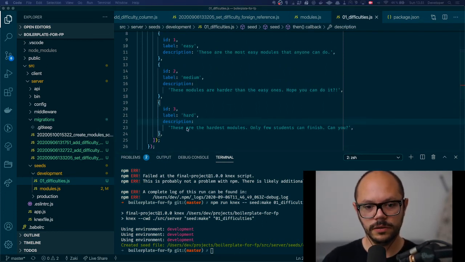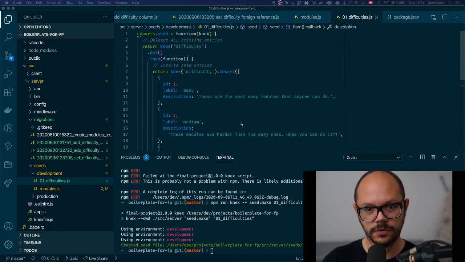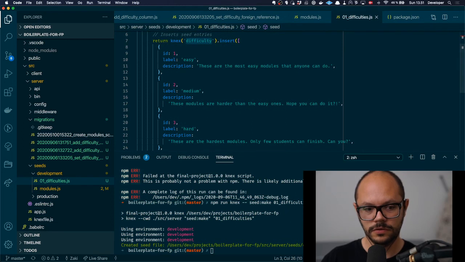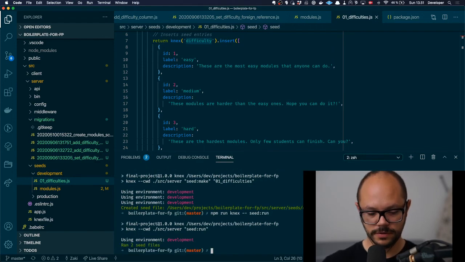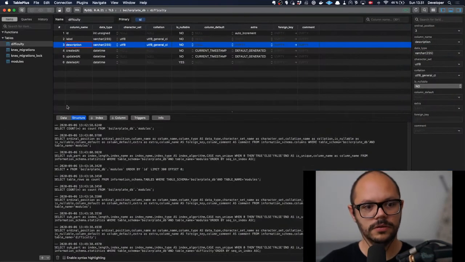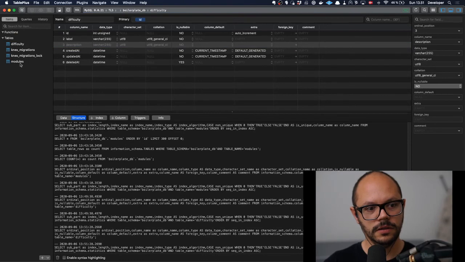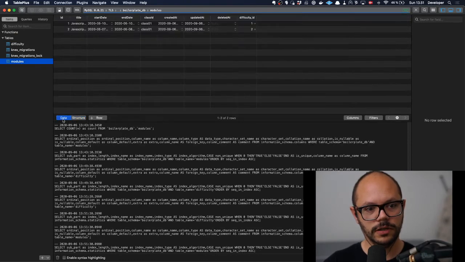So we have the ID, the label, and the description, and I think the format should be right. We have the table set here. So let's try to run the seed. Seed run. Yes, it ran. Cool. This is exciting. So if we go to modules now and we go to data, you can see we have JavaScript